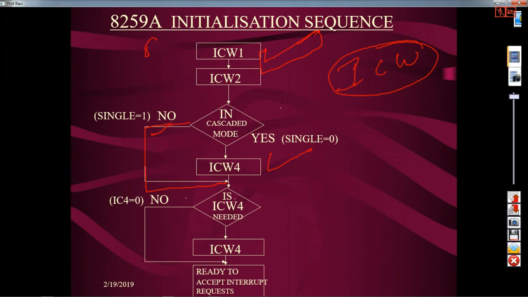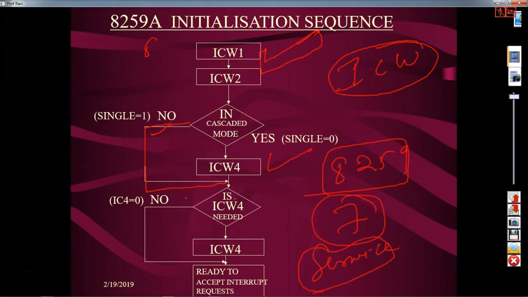Standalone mode means 8259 is used alone, that is, you have a system which has only 7 devices to be serviced, getting interrupts from 7 devices only. Then initialization of ICW1 and ICW2 is enough. If you are using 64 devices in the system, then